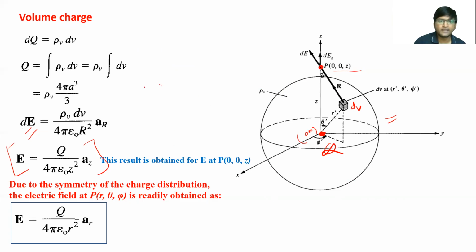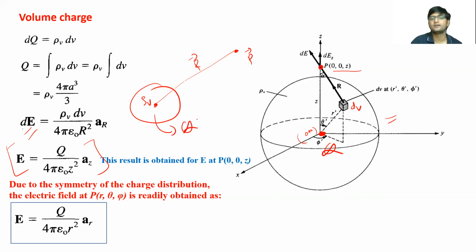So essentially, if there is a spherical charge rho v distributed here, and you want to find the electric field at a point P, and you connect the center of this sphere with P, and get this distance vector r, then if the total charge enclosed in this volume is q, given by the integral of rho v dv, you will get your electric field expression as this. So it will essentially work as a charge q concentrated on this particular point, which is the origin of this volume, right?